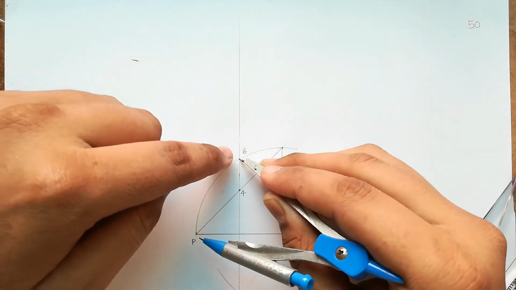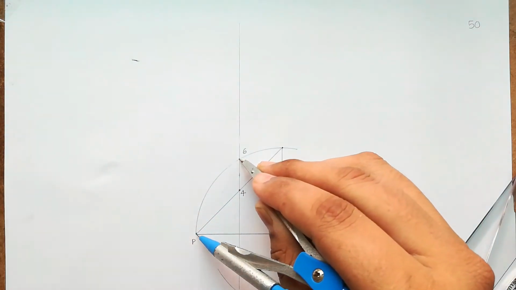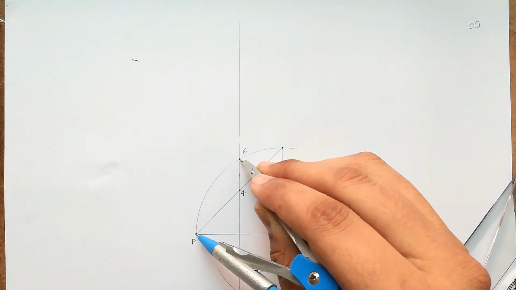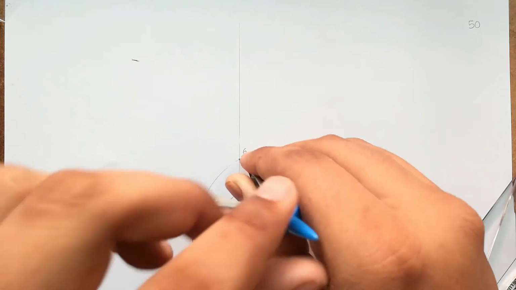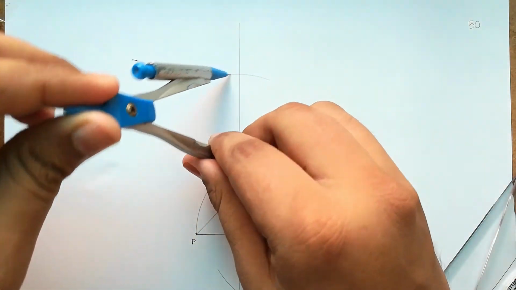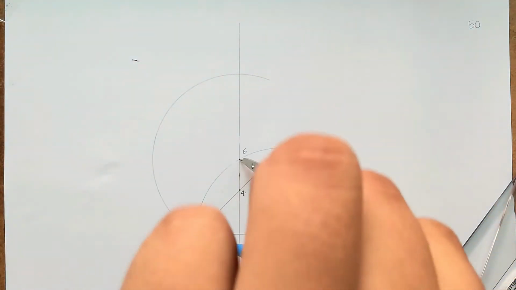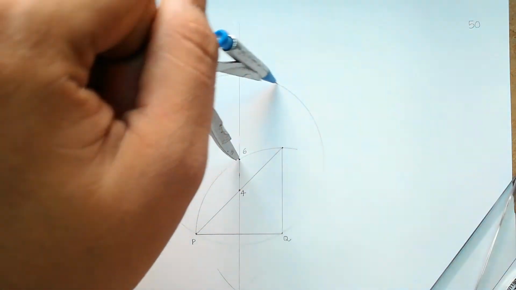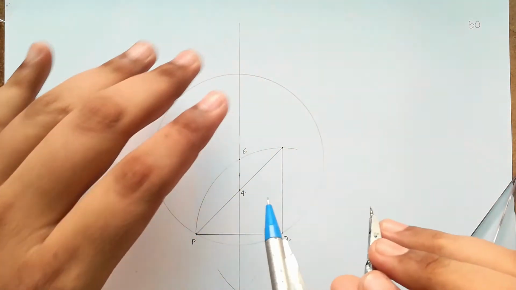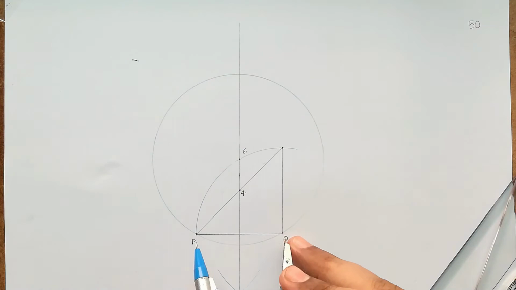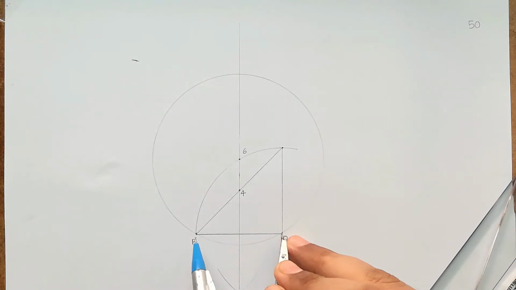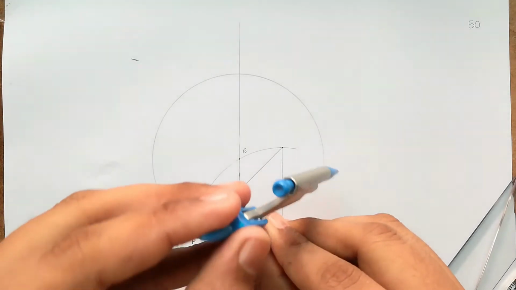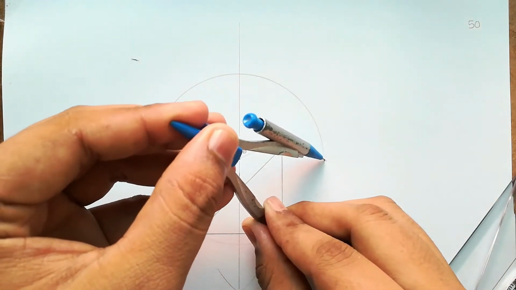I will take the distance from 6 to P as a radius and I will make a circle. Once the circle is made, I will take the distance from P to Q because this is the side of this hexagon. I will mark this distance on this circle.